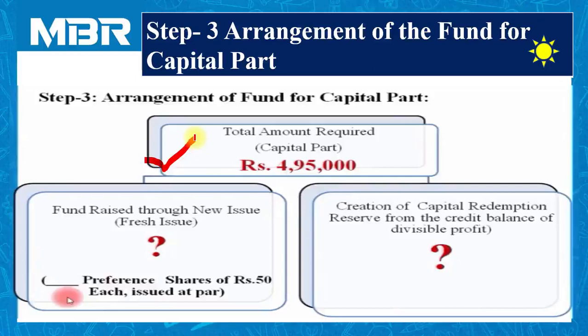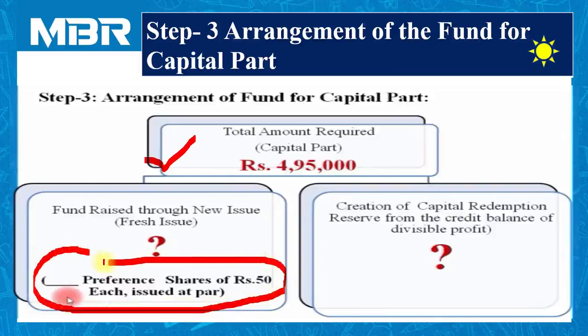If you refer to the additional information part of the question, you may come to know that the company has decided to issue new preference shares of rupees 50 each at par, that is at face value, that is 50 rupees. But how many preference shares are issued by the company, that is not given by the examiner. And now I hope all of you are clear that it is not given by the examiner intentionally, so that we can calculate in detail.